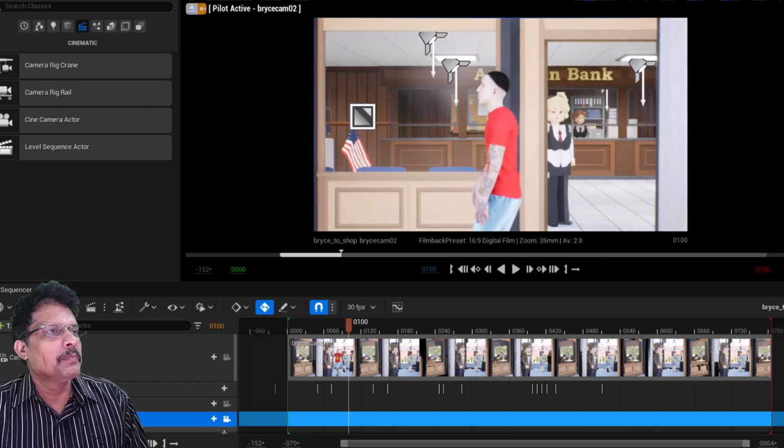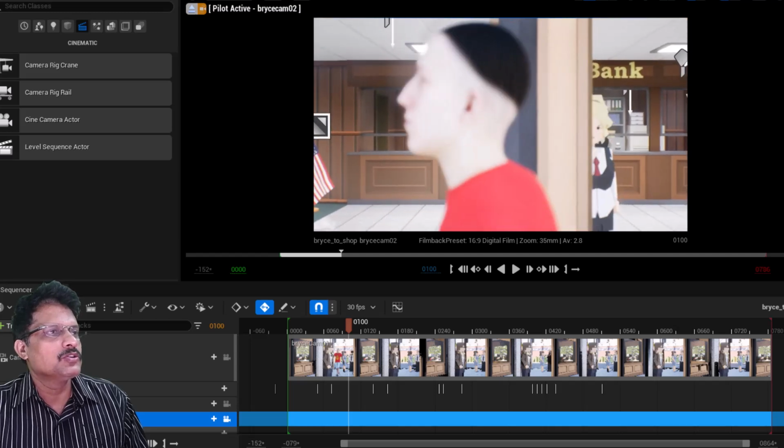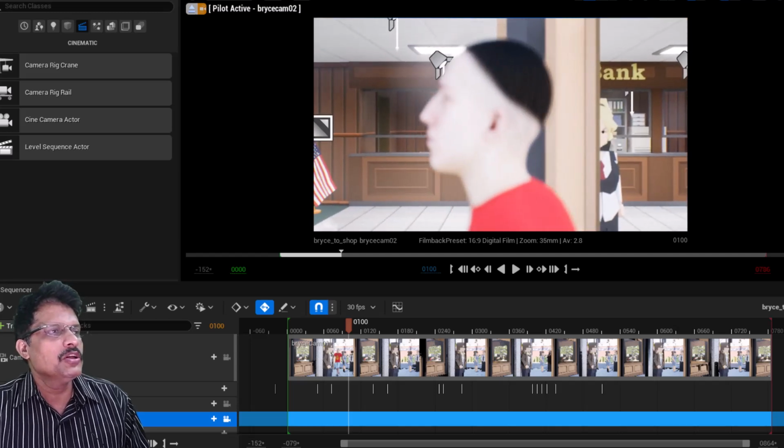I will set the position of the camera and I will zoom in. So this is the position of the camera at frame 100. And at frame 100, you can see his face is totally blurred. Okay, so for